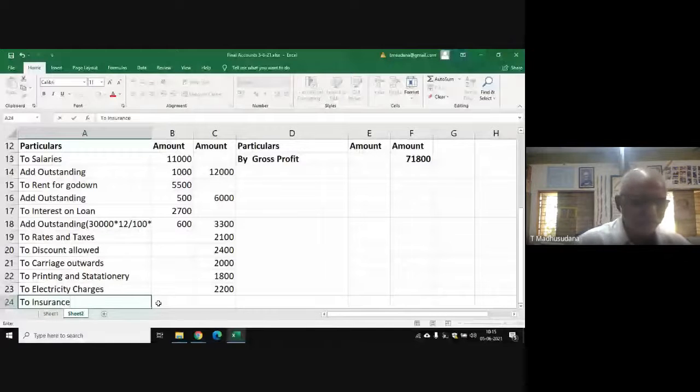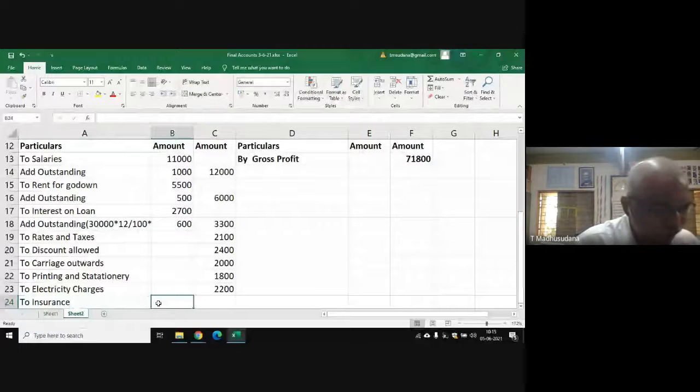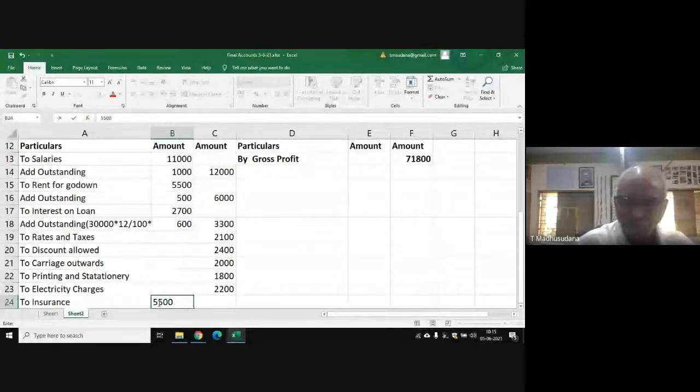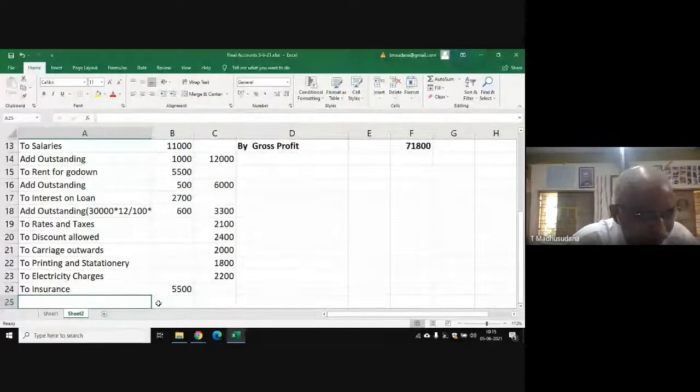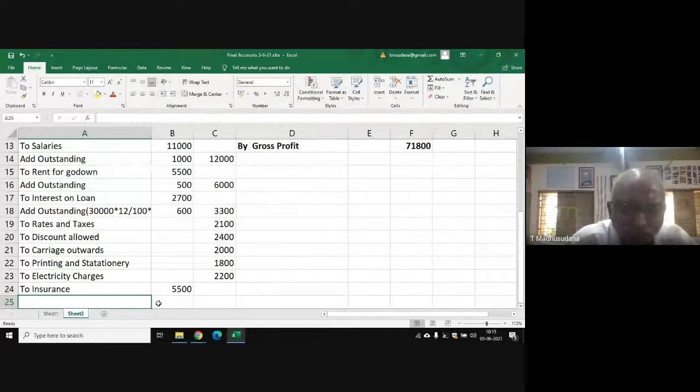there are adjustments for the insurance, therefore it is to be shown in the inner column, 5,500. So what are the adjustments? Here in the insurance premium, 4,000 rupees is the insurance premium for his personal life. That means 4,000 rupees insurance paid relates to the proprietor's personal life insurance. So that life insurance is to be deducted because that is personal, it is not for business.